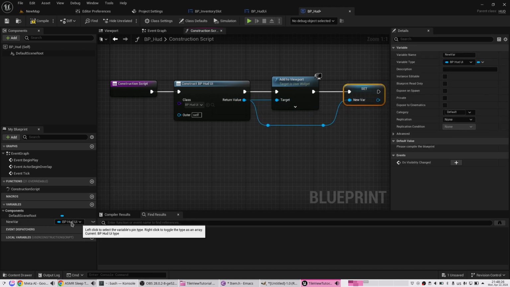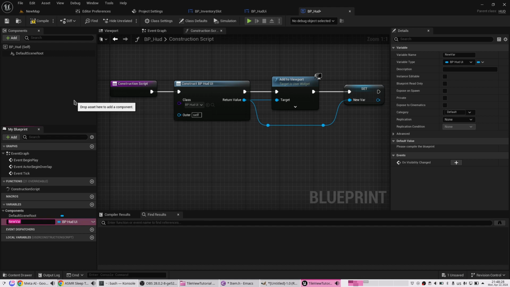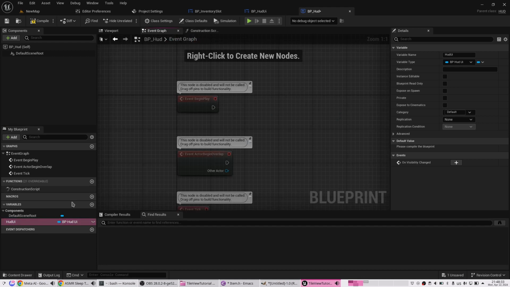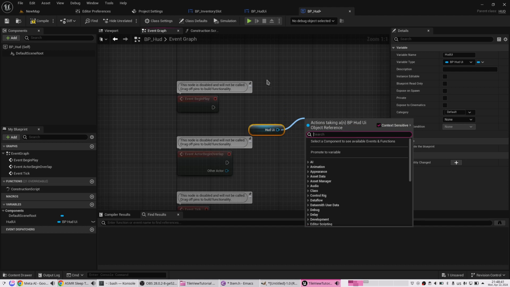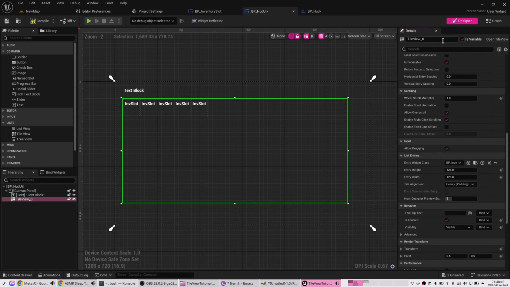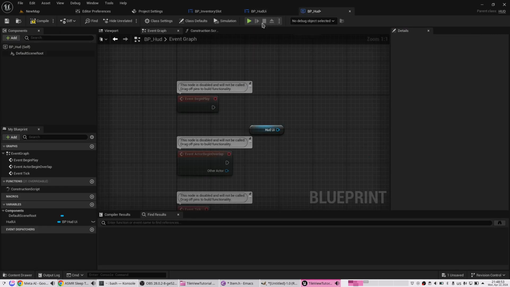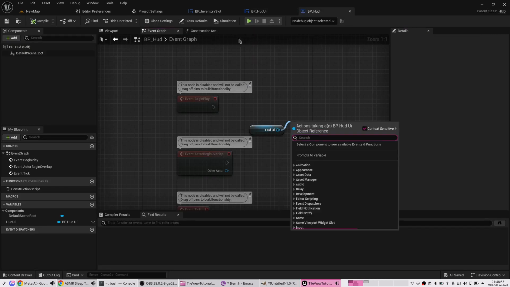Let's call this one UI, in an event graph. Here we go. UI, and then now let's keep a tile view name. So we will take